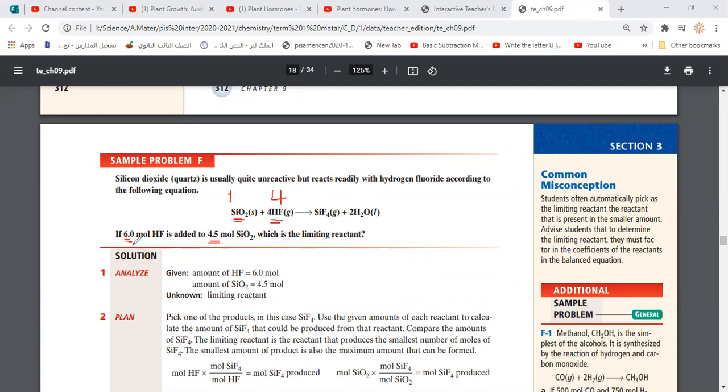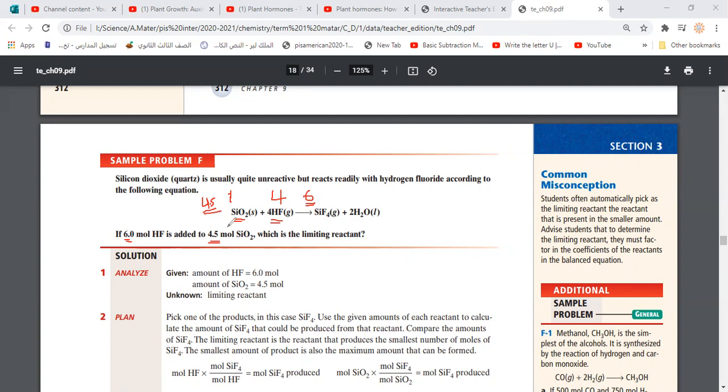Regarding what is given, he said that you have 6 moles of HF and 4.5 moles of SiO2. So that means already the HF is more than the SiO2. So what do you think? Okay. Actually, Hassan, you did something good. You start to predict regarding the mole ratio of the reactants to each other. That's somehow a good sense of chemistry, but we need to find a rule, or steps,